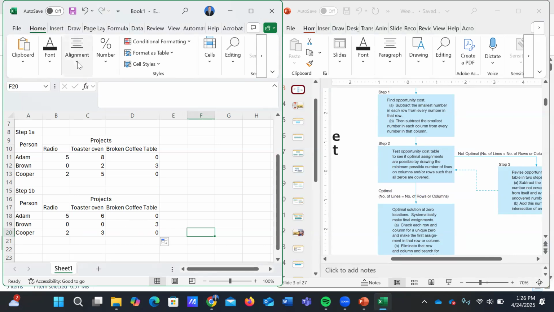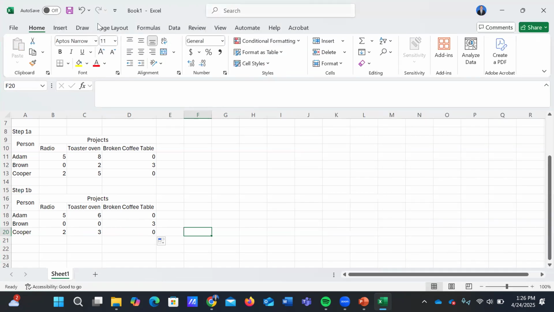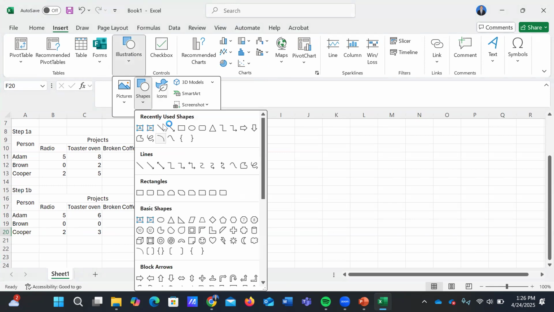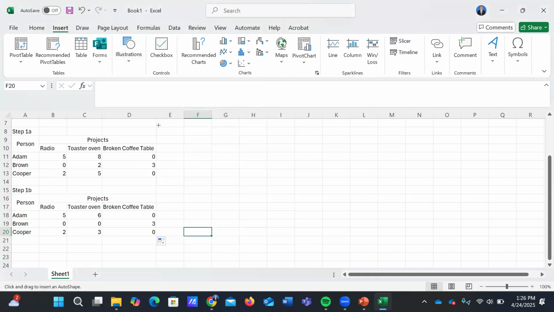Take the line here. Insert the line, and illustration here, shape. This one. Let's say we will cover the null number for row brown with one line.